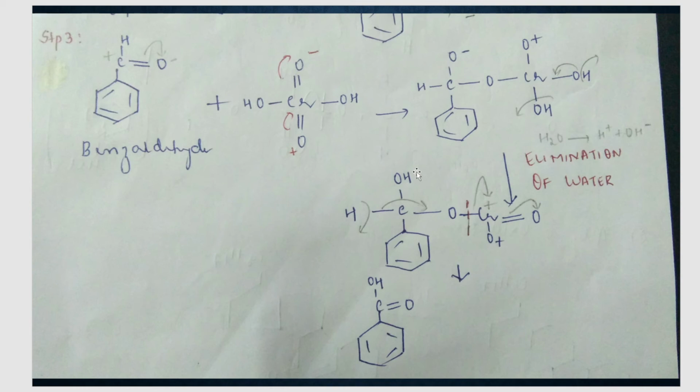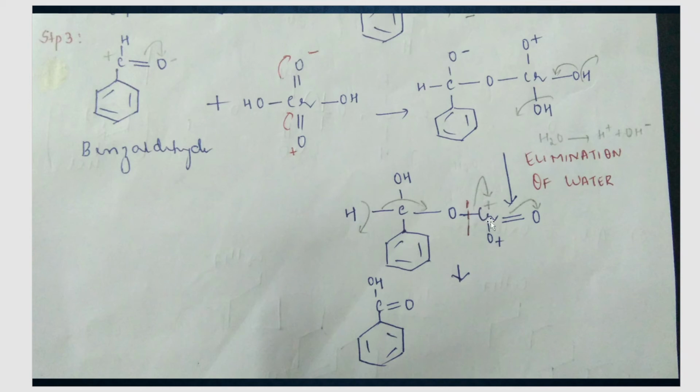Now once again, you want to get benzoic acid. How will you do it? You will remove this proton. It goes out as H plus, and this bond shifts between carbon and oxygen. So we get C double bond OH. And what happens over here? This bond shifts away from chromium as a minus charge on oxygen. So chromium will get a plus charge. In order to remove that plus charge on chromium, what does chromium do? It shifts this bond onto itself. So that plus charge on chromium is gone.